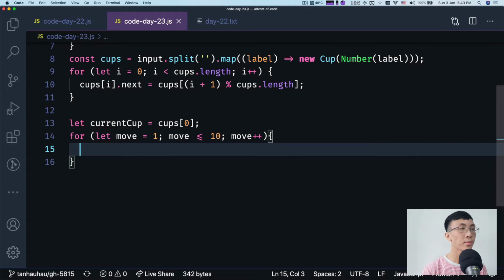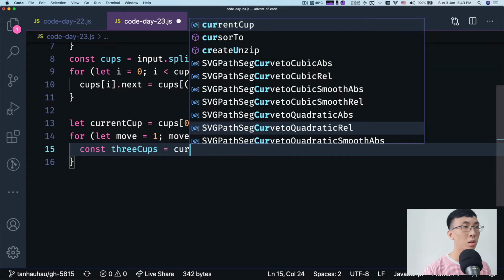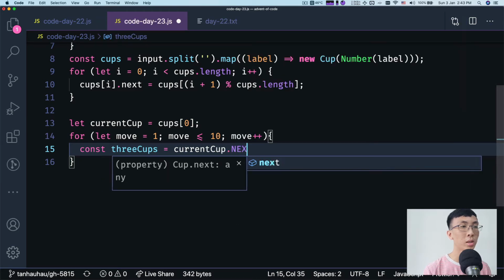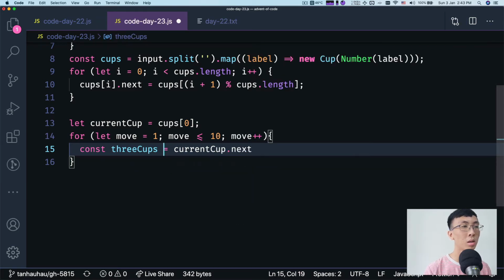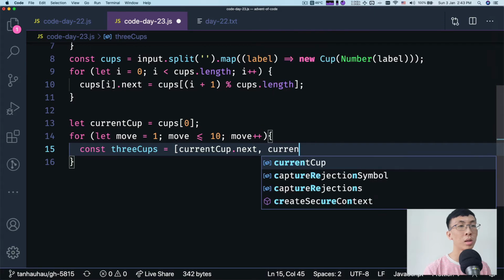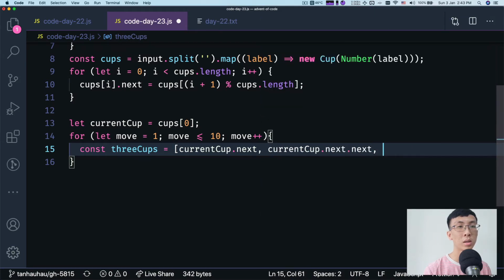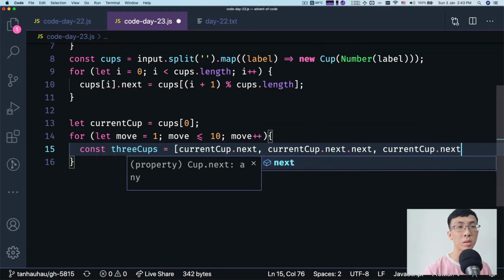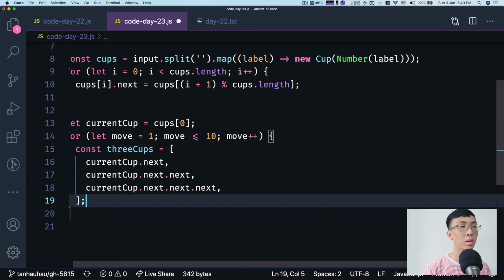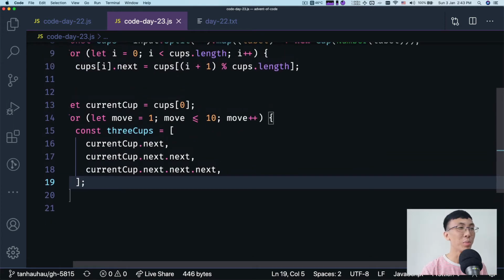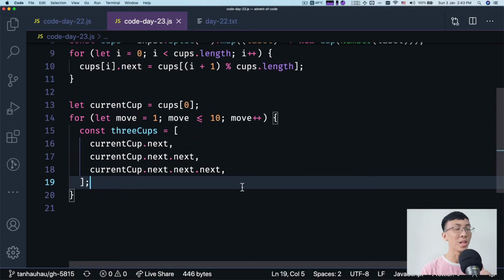First thing is we're going to get the 3 cups, right? So 3 cups equals current cup.next, current cup.next.next, and current cup.next.next.next. Not sure this is the best way of writing it, but let's bear with it for now. So we have the 3 cups, right? And then